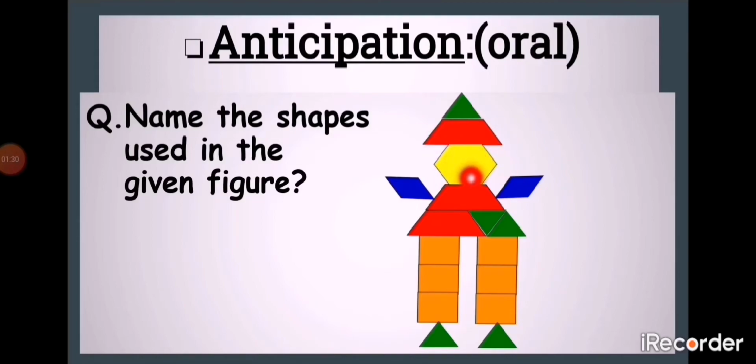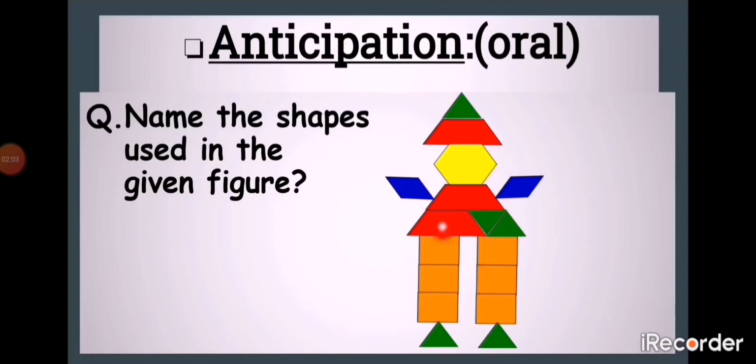Now the next one, a yellow one. Count its corners. 1, 2, 3, 4, 5, 6. This yellow shape has 6 corners. And 6 sides. A closed shape with 6 sides and 6 corners. It is called, yes, it's hexagon. Now look at the downward shape. Again, it's an irregular shape with 4 sides and 4 corners, but all sides are not same.